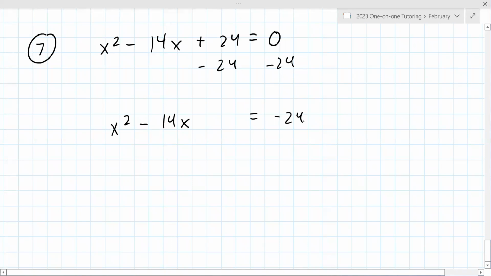Now this time there's a negative in front, but it really doesn't impact anything because you still have to take half of this number. Half of this number is negative 7. Now when you square it, you're multiplying negative 7 by itself, which is